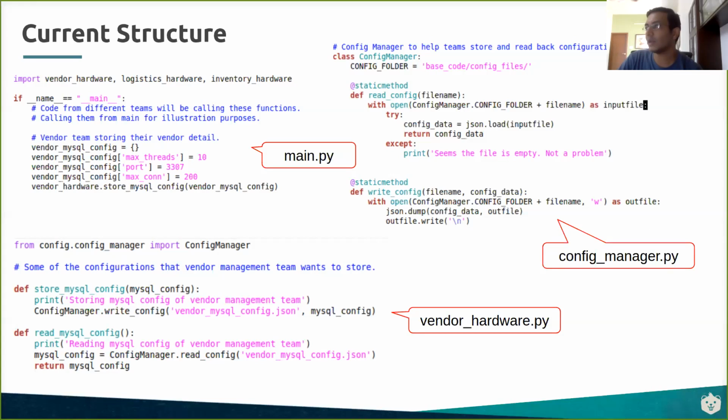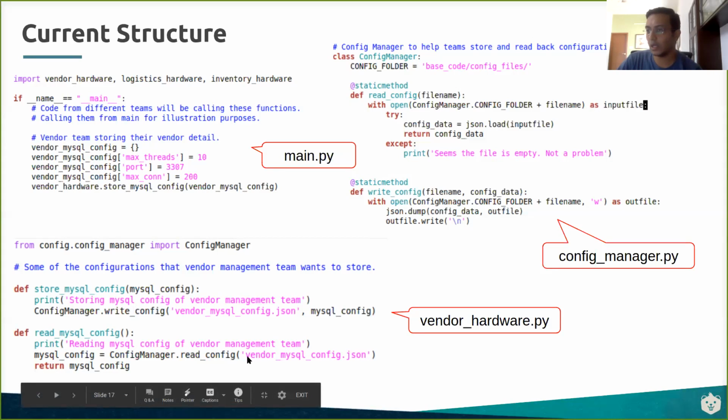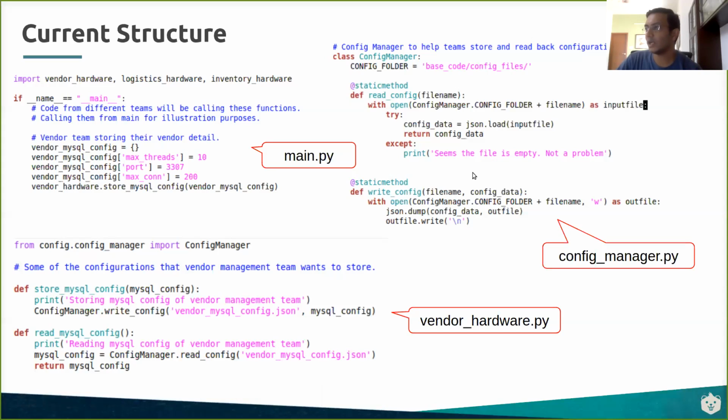So this is the config manager code, correct? On the right here, it supports the basic functionality. It allows you to read config and write config. What it does is write to a JSON file and read from a JSON file, and it returns the data to whoever is asking. So it is very independent. All it does is know the file name. The users are explicitly telling it what file to write or read. So it takes that file name and puts the data into the file or gets the data from that file and sends it back. Okay.